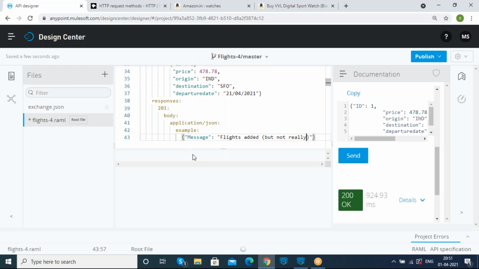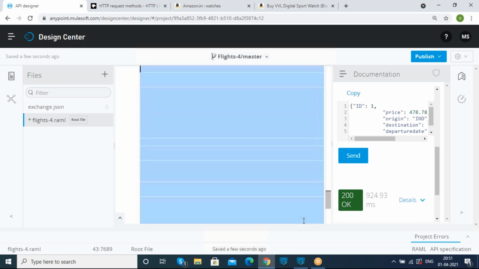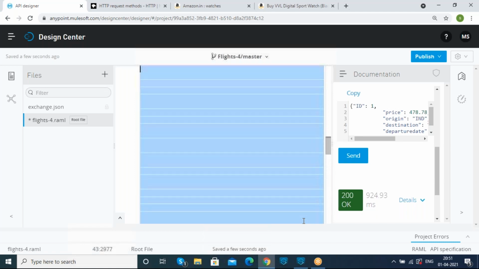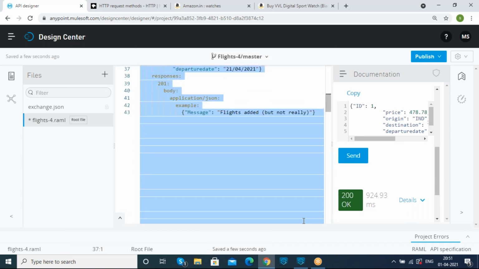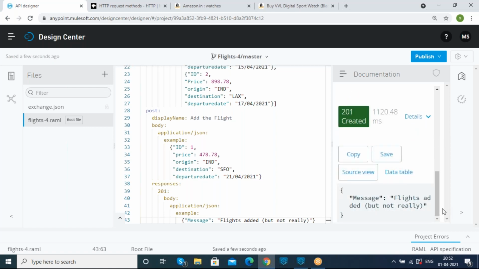So whatever response we are providing is an example response, and whatever flight ID we have provided here is an example flight, as we know. If any user comes into our application, then in order to book a flight ticket, if I click on the confirmation tab, I want to display this message as a response for the users. That is what we had configured over here.